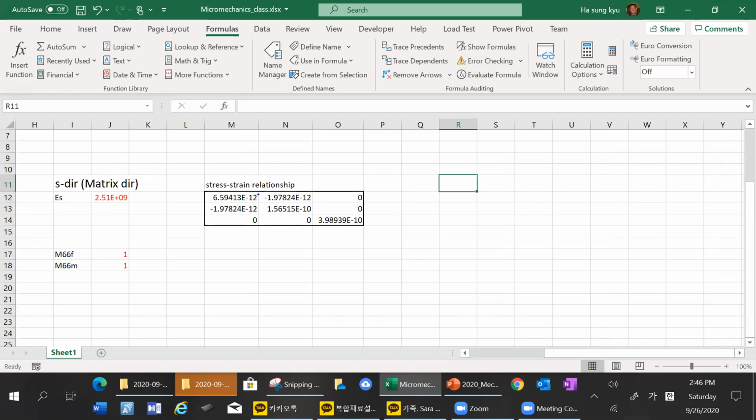So here again, this is a compliance matrix, because for example, this is given as EX, and this is given as EY, and so on. So this is a compliance, and when we apply the sigma, then we can have the strain. So this is the UD stress, and this is the UD strain, and this UD compliance, or engineering constants, is given by the fiber and matrix properties through